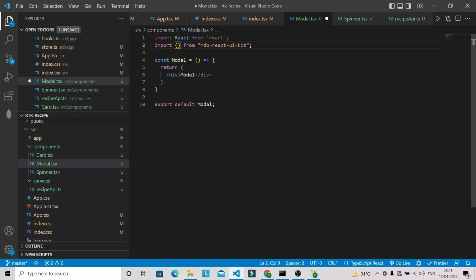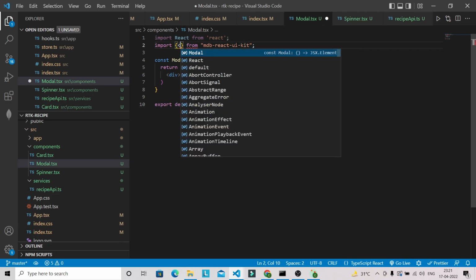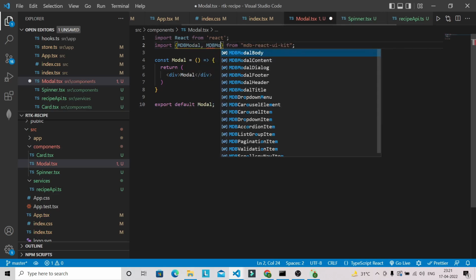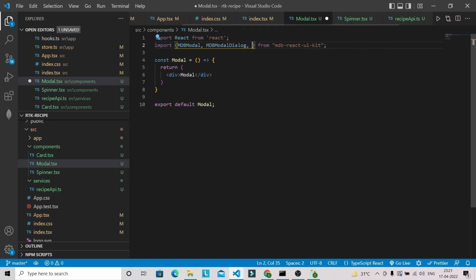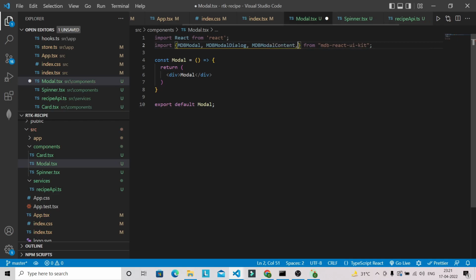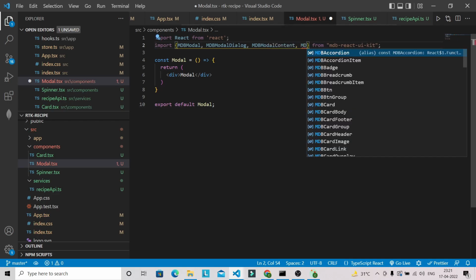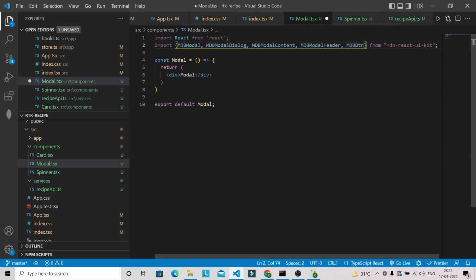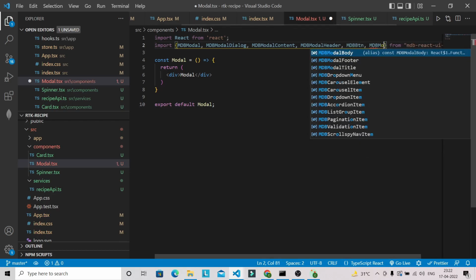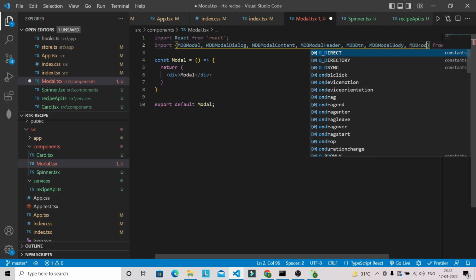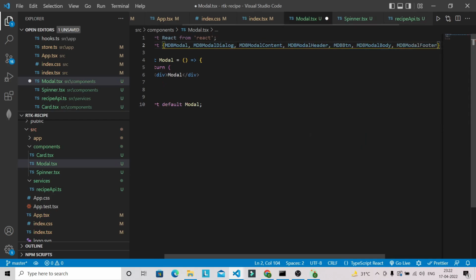So we need components like MDBModal, MDBModalDialog, MDBModalContent, MDBModalHeader. Then we need MDBBtn as well, MDBModalBody, and MDBModalFooter. Okay,